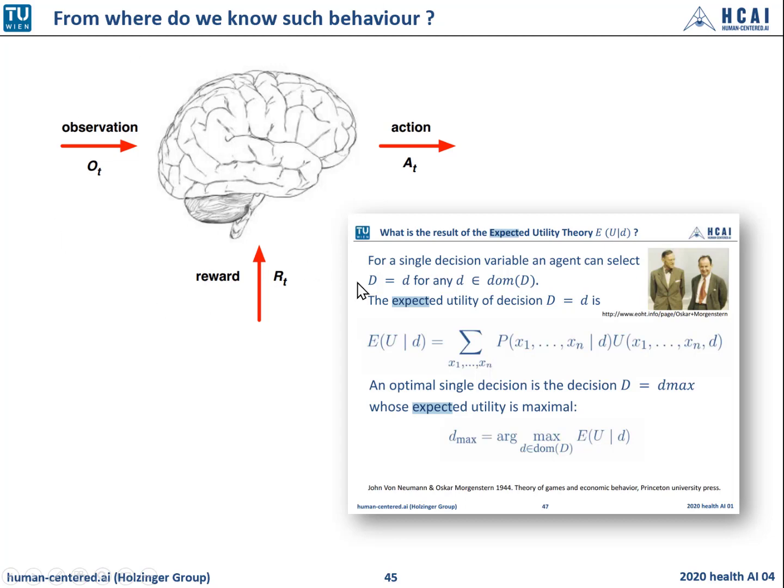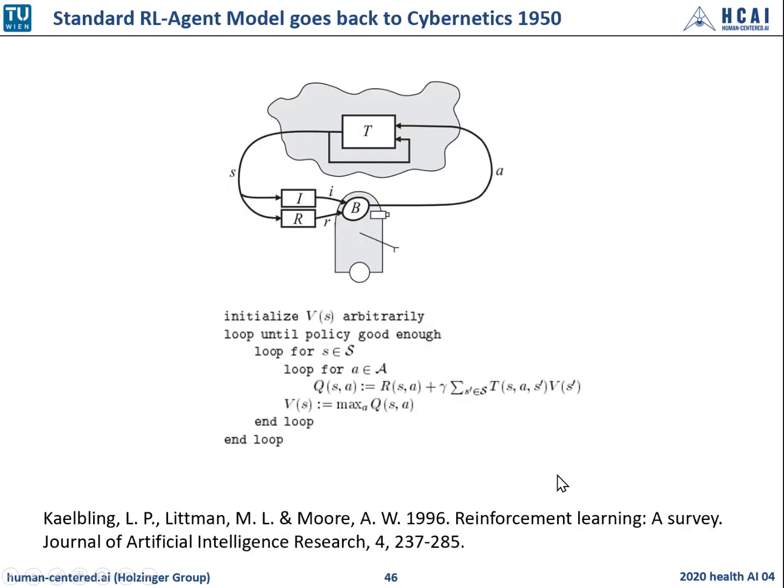And all this was studied already in classic AI. So we have 50 years of classic history about this. So this is very, very interesting. And you see, this was the expected utility theory. This was published by John von Neumann and Oskar Morgenstern in 1944. We use it again. So this is the classical model.